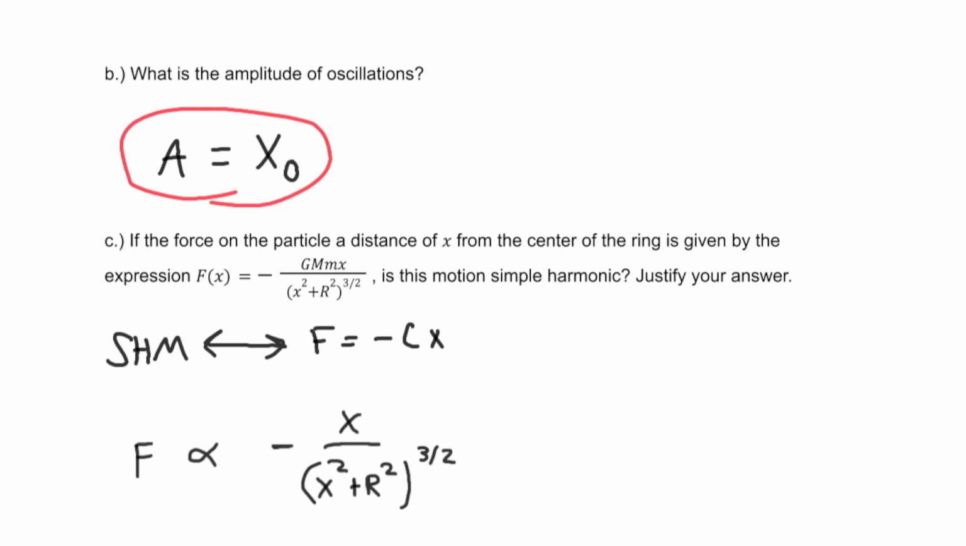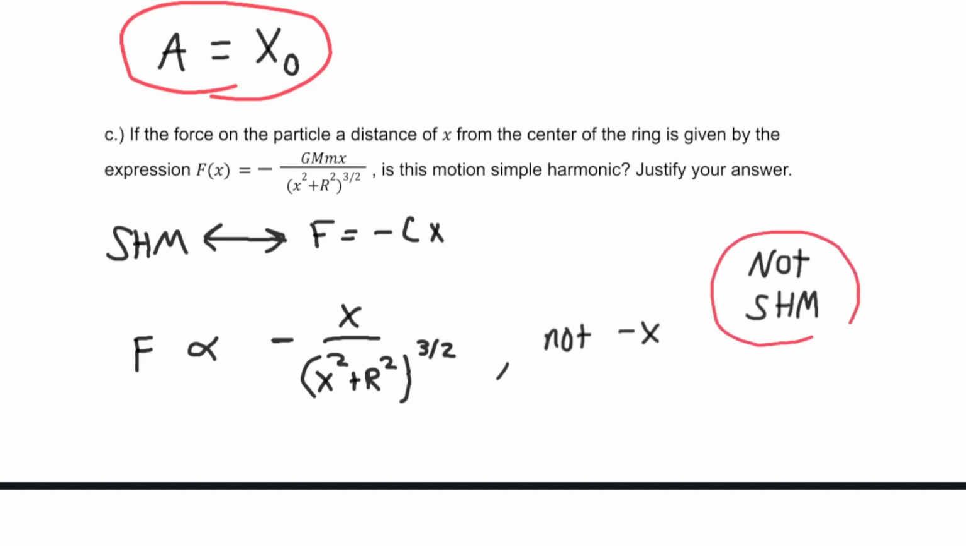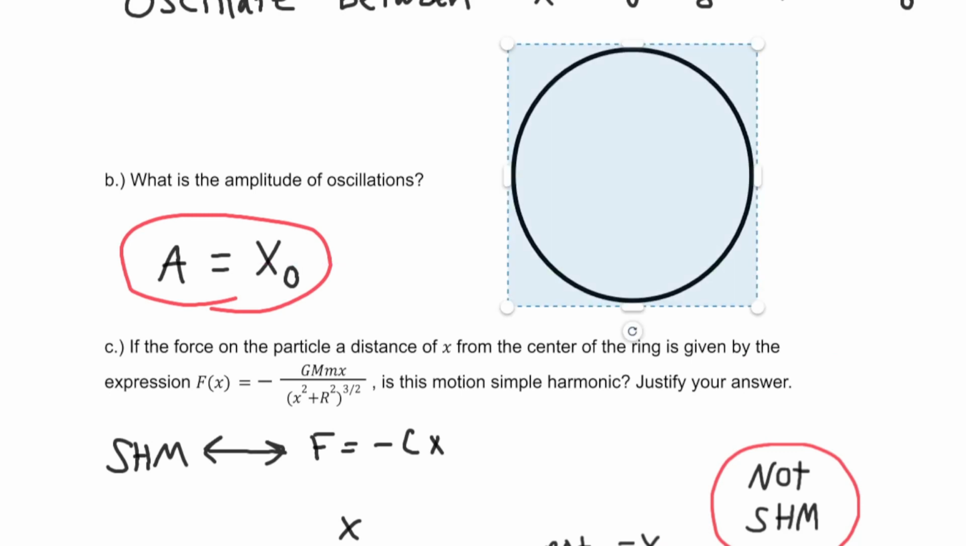So it's not going to be simple harmonic because this term in the denominator is not just an x. It does not just leave us with an x. So if this was gone from the denominator, then it would be simple harmonic. But it's not. So F is proportional to that, not minus x. So this is not simple harmonic motion. So a trap that we can fall into is thinking that just because it oscillates, it's simple harmonic. That's not true. Simple harmonic is just a very special case of